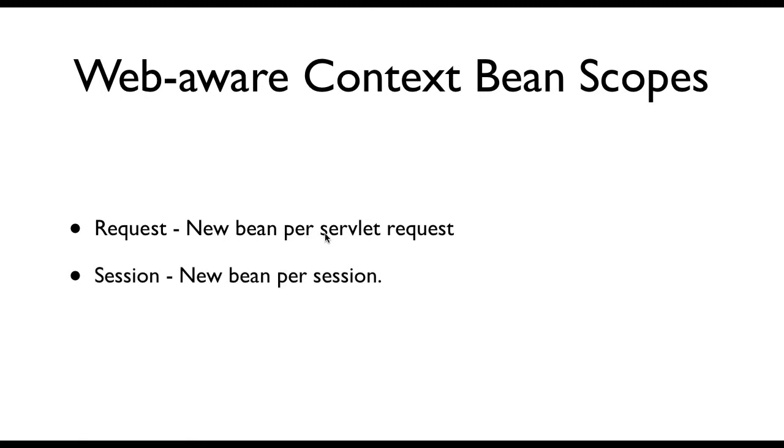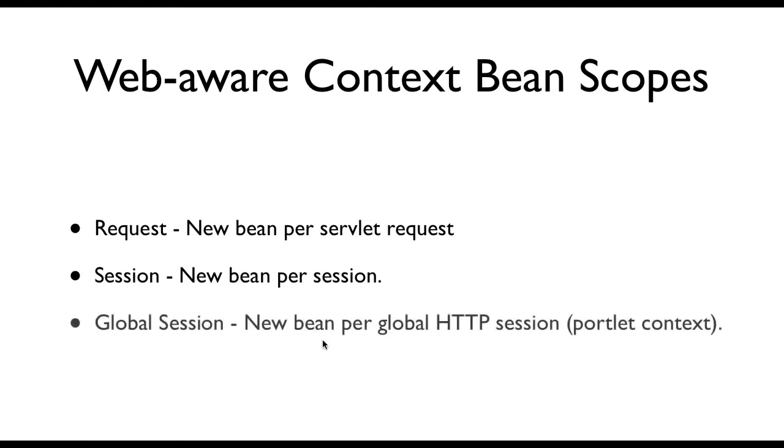Same way for session, you can have a new bean per session. As long as there is one user accessing in a single session, no matter how many calls to the getBean happen in the code, only one bean is returned. But if it's a new user in a different session, then a new bean is created. And the third one is a global session. This is applicable in the portlet context, where you have a global session and the individual portlet sessions. In that case, you can tie a bean to a global session. We're going to look at these web-aware scopes later on, but I hope the basic scopes of singleton and prototype